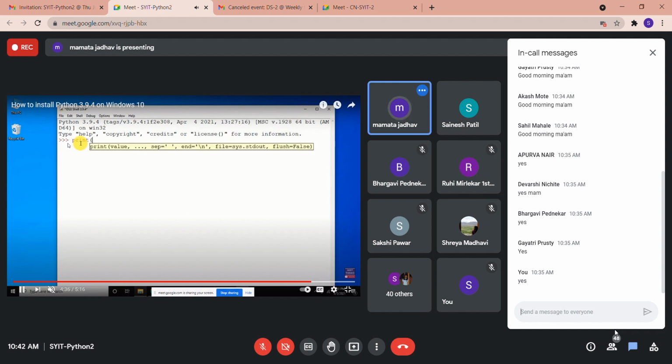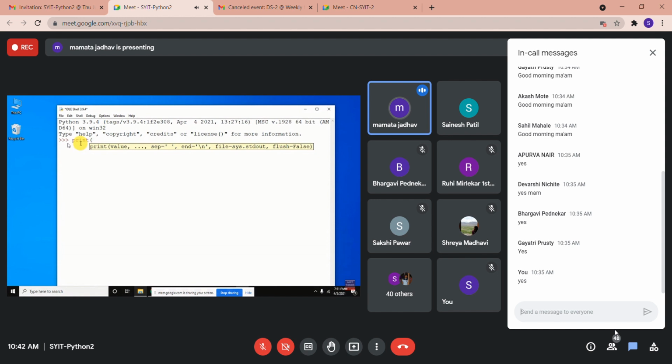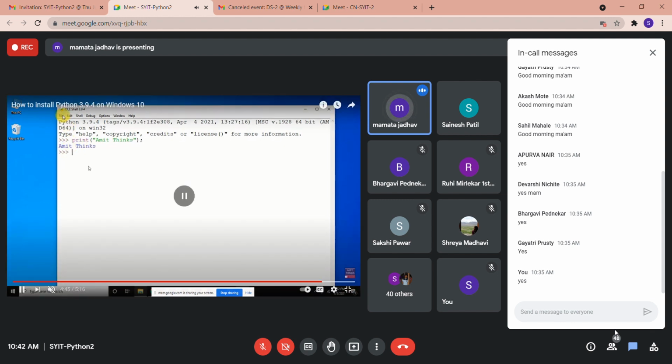So if in print statement you are writing in double quotes, say Amit thinks, then you will get the output. Now check for output, you will not have prompt sign. After that you are getting prompt sign, that means your IDLE Python is ready to accept new statement.